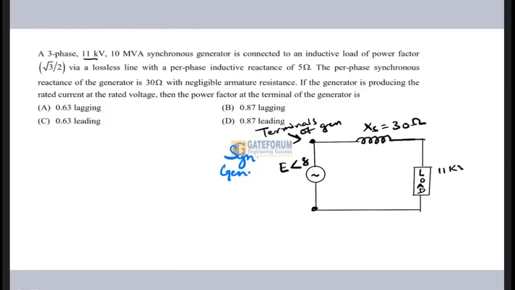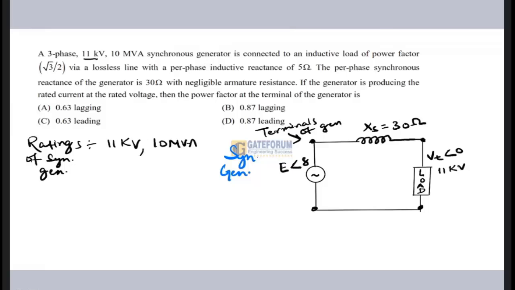Now I am given the rating of the generator, and this is VT angle 0. The terminal voltage is VT. The ratings of the synchronous generator are 11 kilovolt, 10